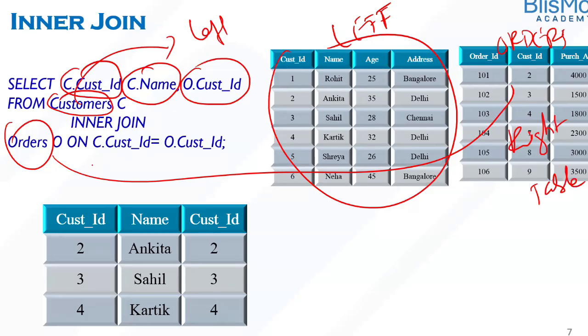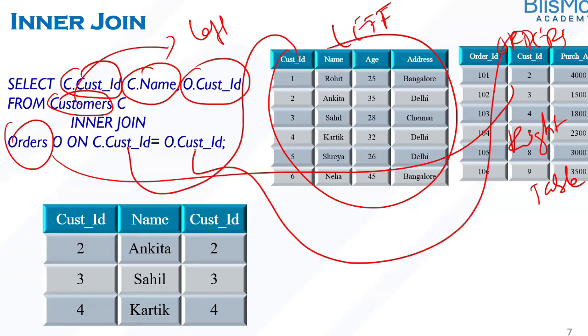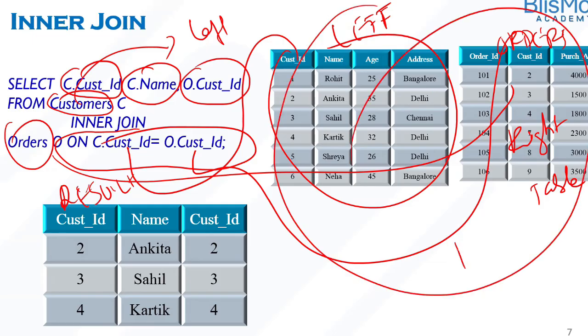And this is the column on which I am joining. When I do that, this is my result. Only the matching records from both the tables are included as a part of the result.